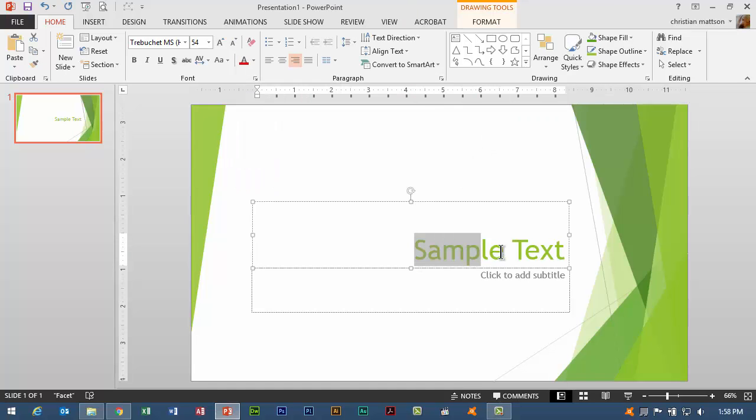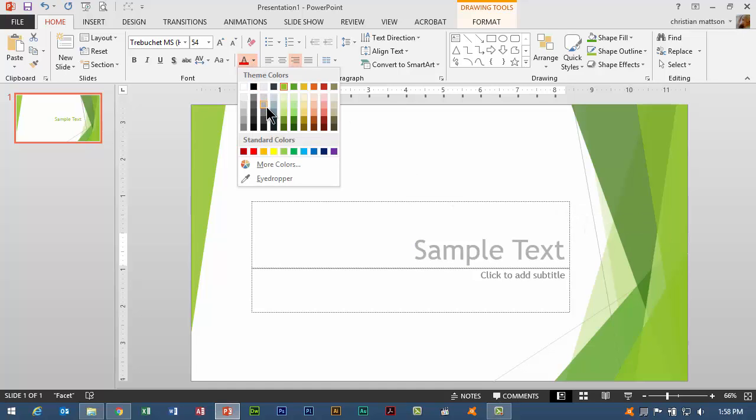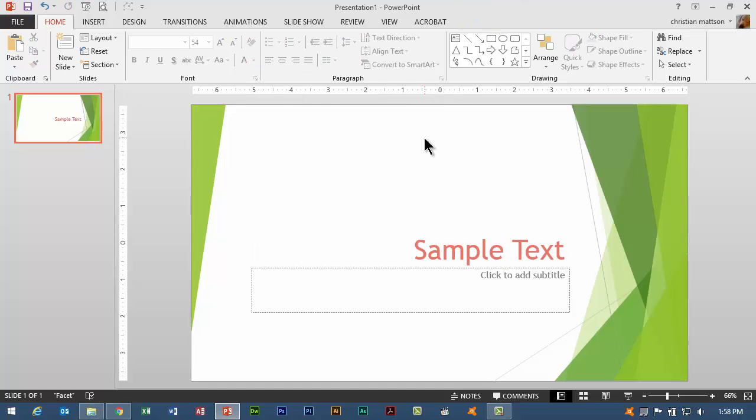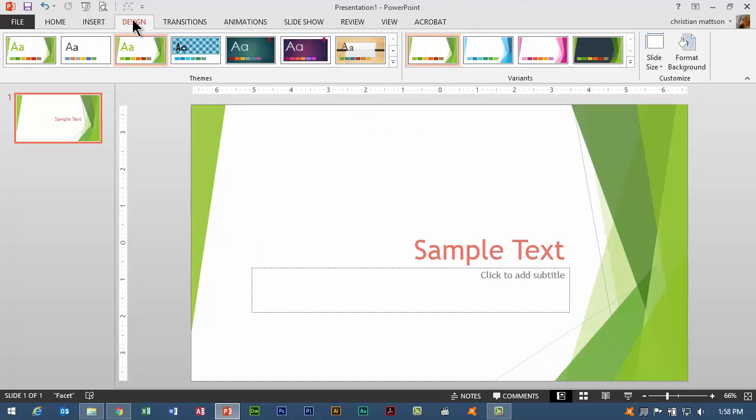So let's say I make a change to this text. I'll select the text, I will move out to my font colors, and I'm going to pick a different color from the list. I'm going to come down here to the third row and choose the second to the last color for my sample text. The thing you need to remember here is if I go to my Design tab and then choose a different theme from the list here,